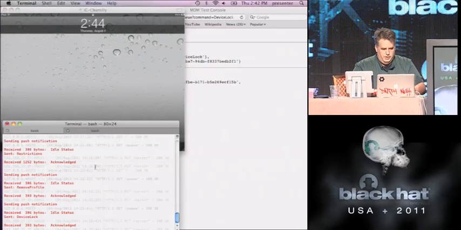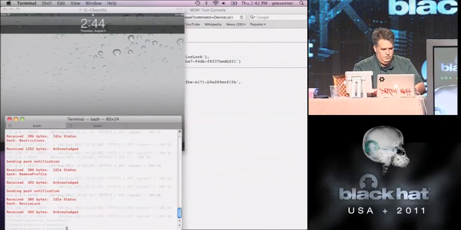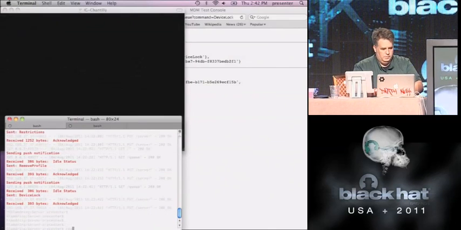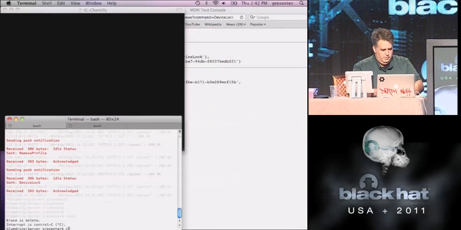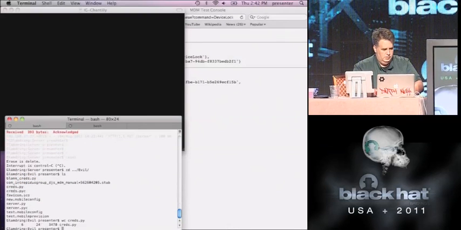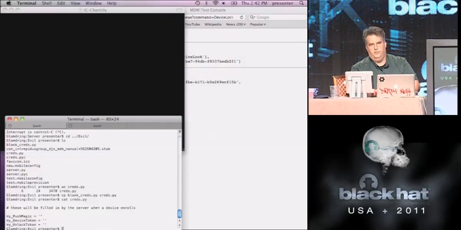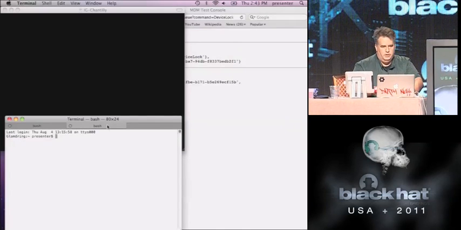So this window is my existing server. Let's interrupt that, so it's no longer running. So the MDM server is gone. Let's go into my evil maid. You can see there's no credentials. This evil maid server has no information, doesn't know the push magic, doesn't know the device token, doesn't know anything about the device at all. So now if I connect into it,